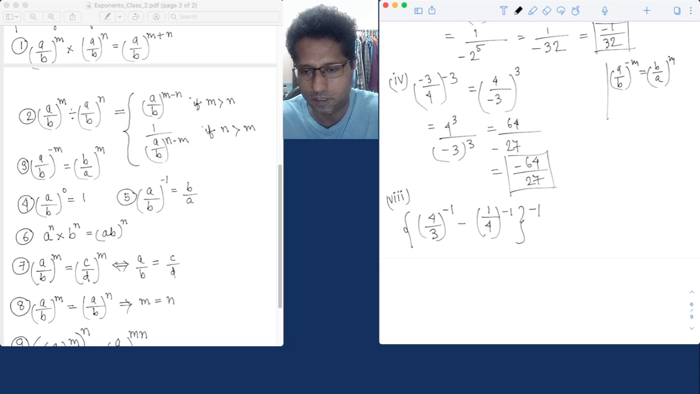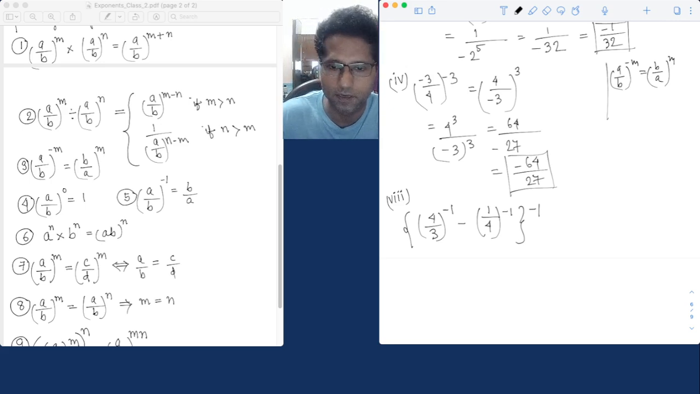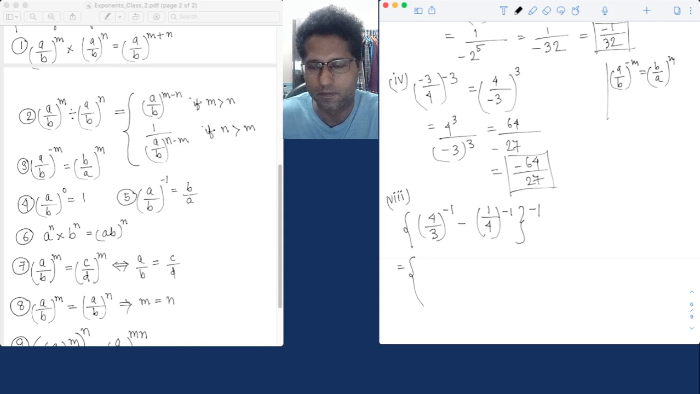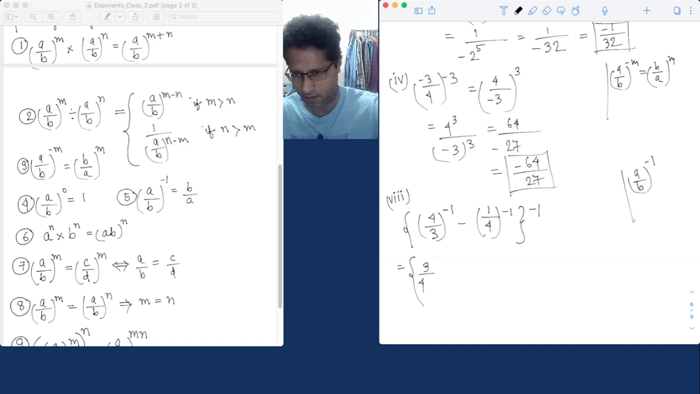The first exponent is 4 by 3 raised to the power minus 1 and the second exponent is 1 by 4 raised to the power minus 1. The subtraction of these two exponents and the reciprocal of the result. So we have to solve it step by step. So 4 by 3 raised to the power minus 1 means its reciprocal, that is 3 by 4. If we know that a by b raised to the power minus 1 means the reciprocal of the rational number a by b, which is